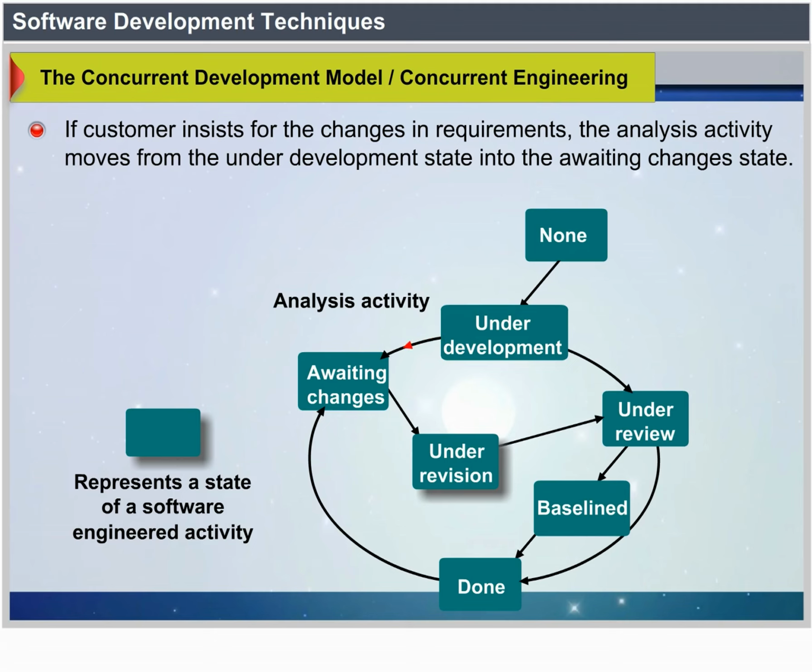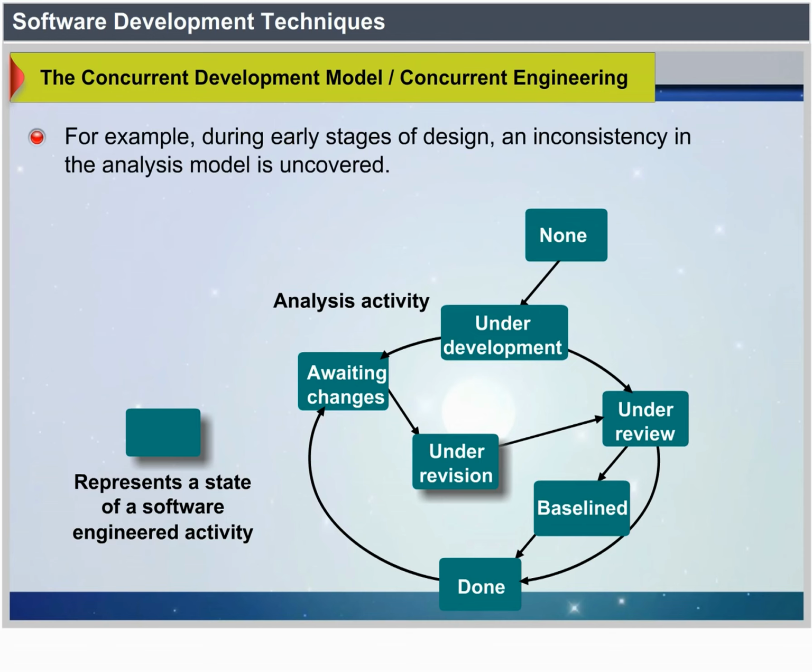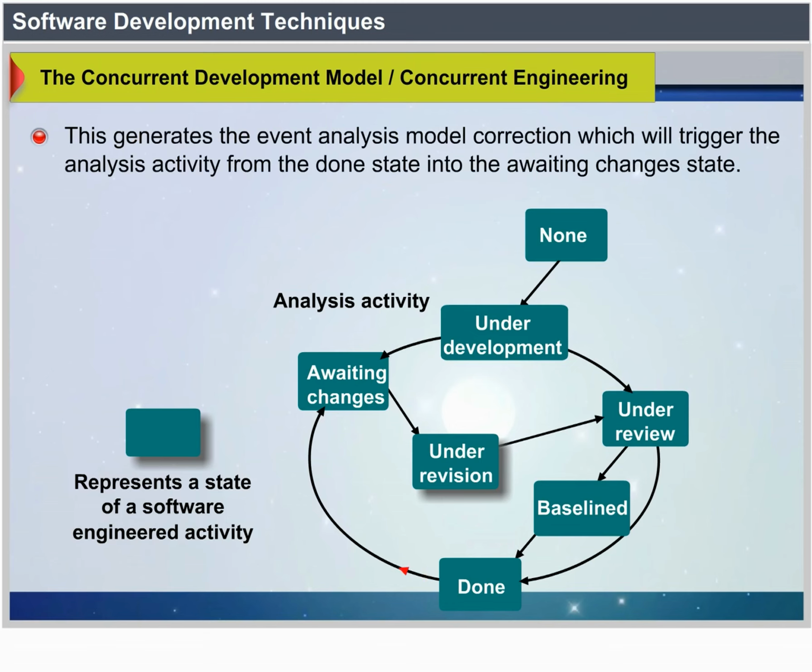the awaiting changes state. The concurrent process model defines a series of events that will trigger transitions from state to state for each of the software engineering activities. For example, during early stages of design, an inconsistency in the analysis model is uncovered. This generates the event analysis model correction, which will trigger the analysis activity from the done state into the awaiting